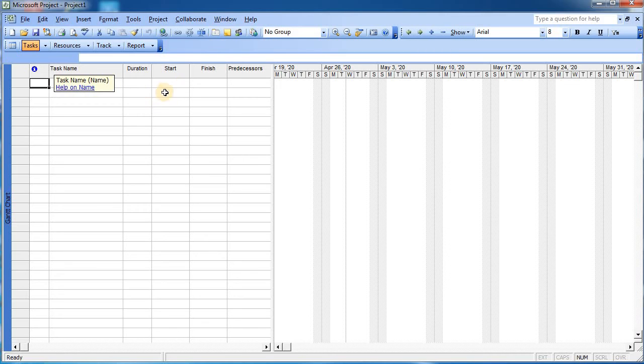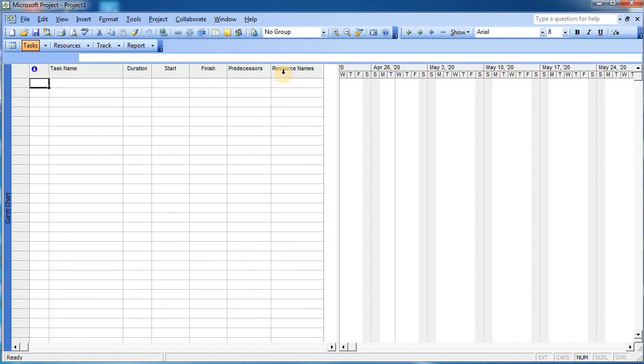When you insert the duration, it will represent the finish date also, and this section is representing the predecessor activity. So for the first activity of the project, the predecessor will be 0. Over here is the resource sheet. Now what we will do is that we will insert the work breakdown structure code column in this particular window, as of now it is missing.